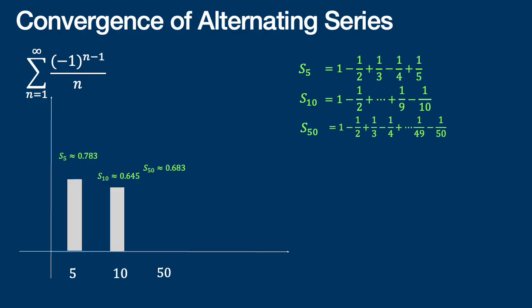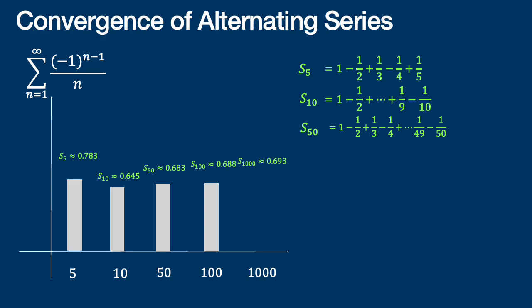The partial sum is 0.683. Now next I find the partial sum S100. The sum is 0.688. Next one is S1000. The partial sum is